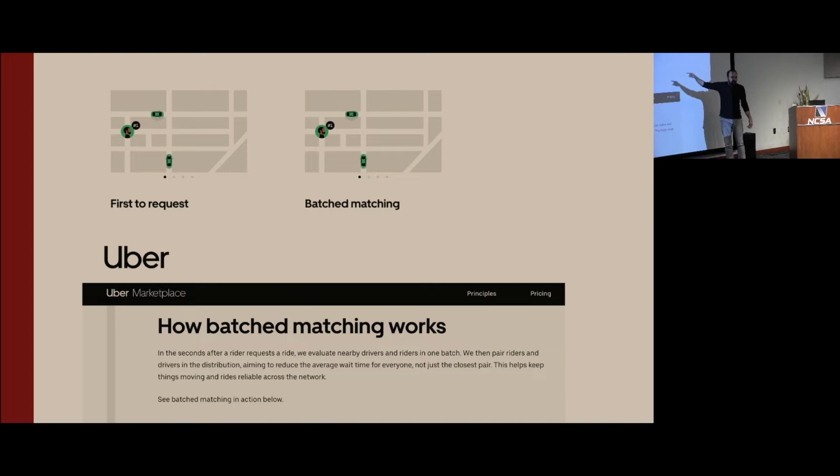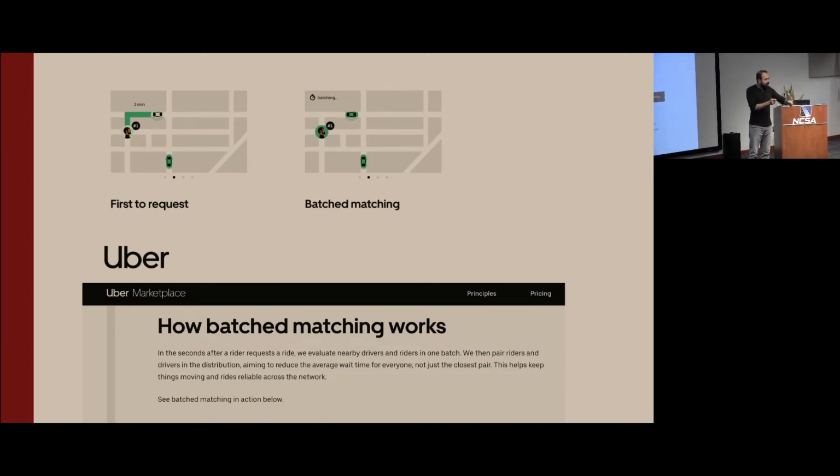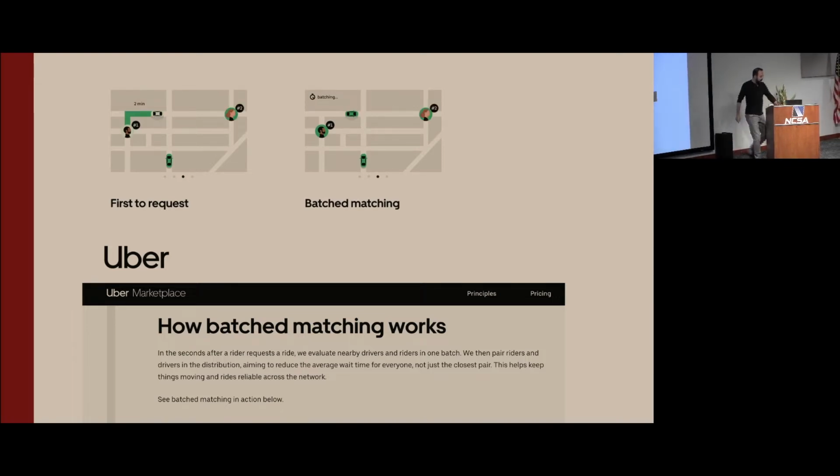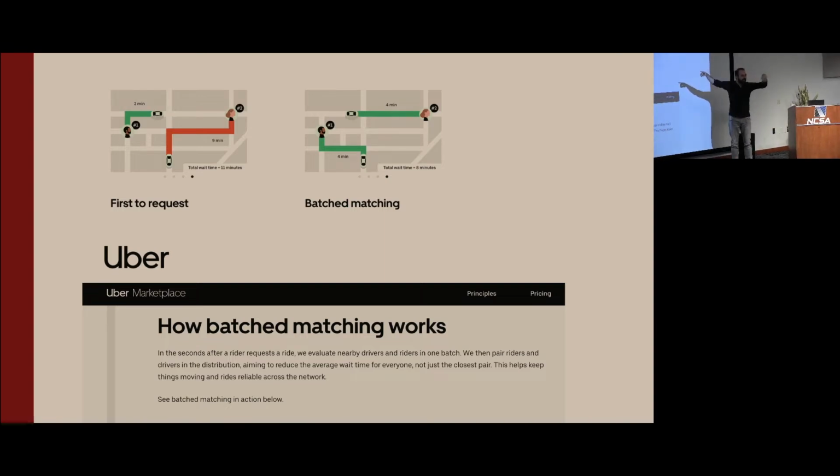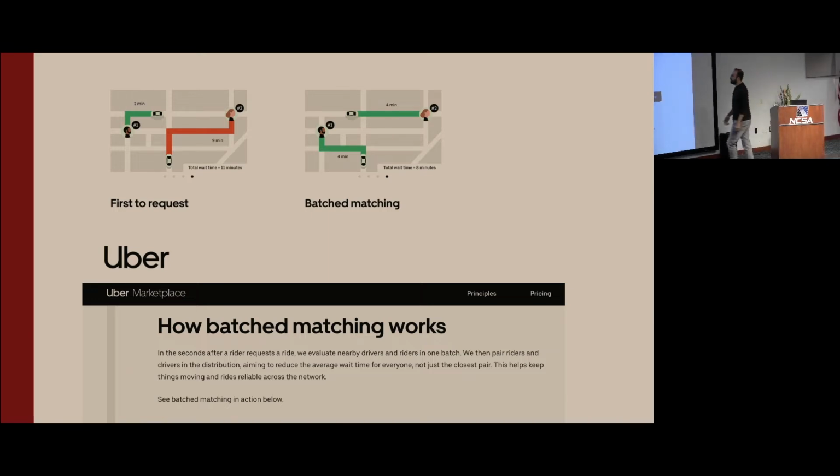If you look at Uber's public web page, it talks about this innovation that they had: initially they had a greedy matching. So when you requested a ride, they would match it to the best driver right away. The web page explains that if you do the matching greedily, as you can see on the left, then for the next request, there may not be any cars available in the area. So for the second matching, you have to pay a significant cost. But if you wait a little bit and make the two matching decisions at the same time, you can find a good solution for both of them.